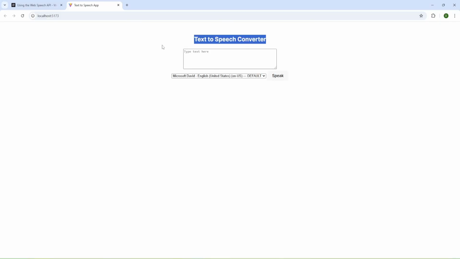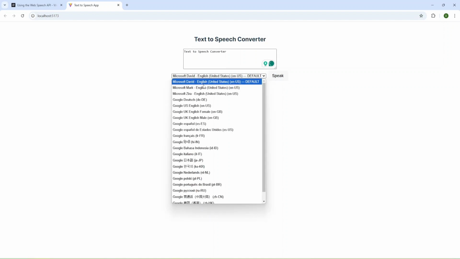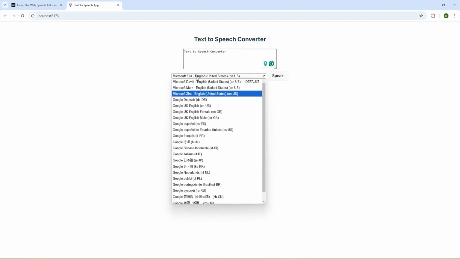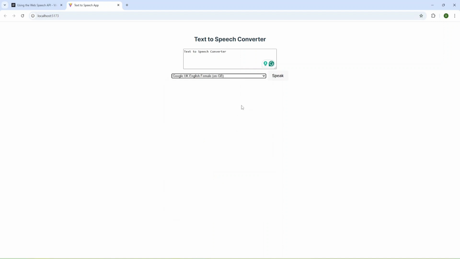I'm going to copy this text and speak. Text to speech converter. And now I'm going to change my option. Text to speech converter. And as you can see, we have the correct voice. And let's change one more time. Text to speech converter.